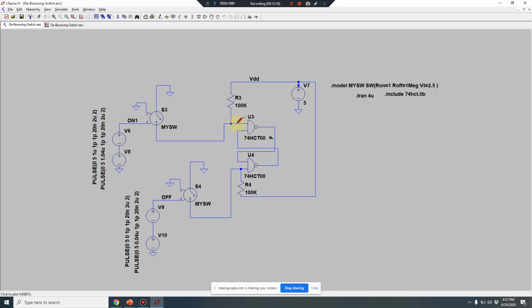What about the other input of this upper NAND gate? It is already having VDD through a resistance, because this contact is not yet made, so it is hanging. So you have a 1 here. So this 1 and 1 is going to create a 0 out here, right? So that 0 will now be fed to the input of this NAND gate.